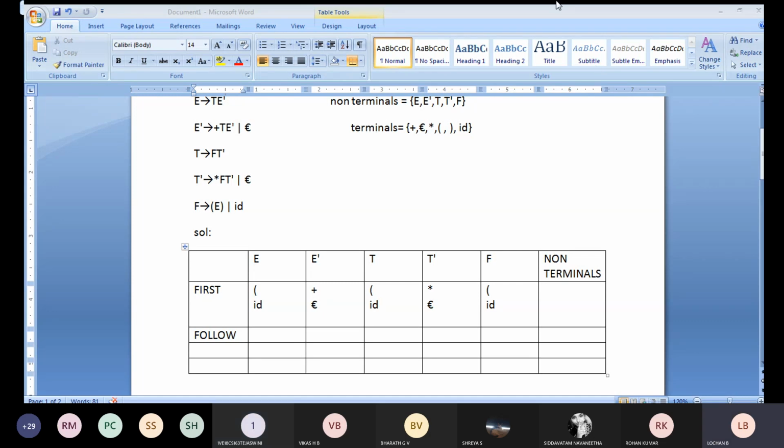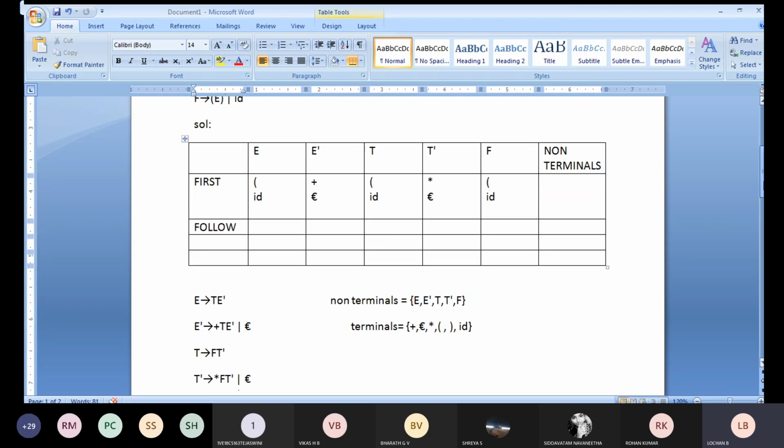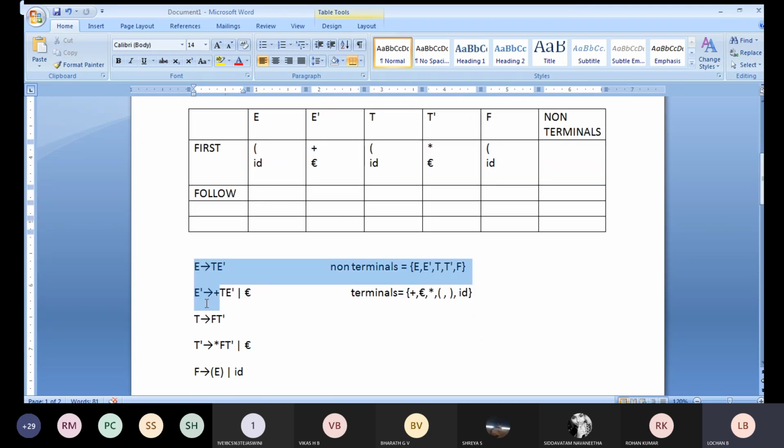Okay, we will move to the follow. Don't write anything. Everything is there in the notes. If you got any doubts, you ask me. That's all. I'll give time to copy also. Once you understand, afterwards I'll give time to copy the notes and solution. Everything is there in the notes. See, this we have completed for the first. So next, I'll be moving to the follow.